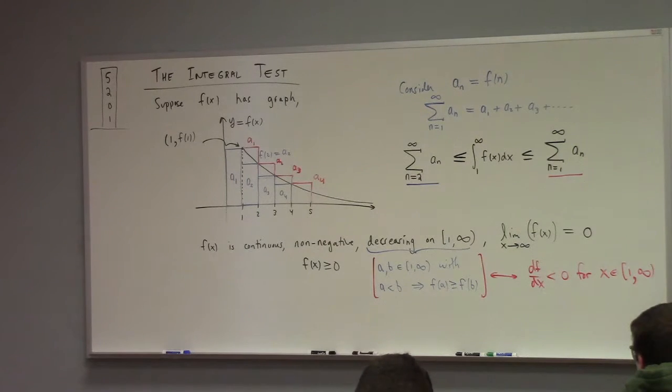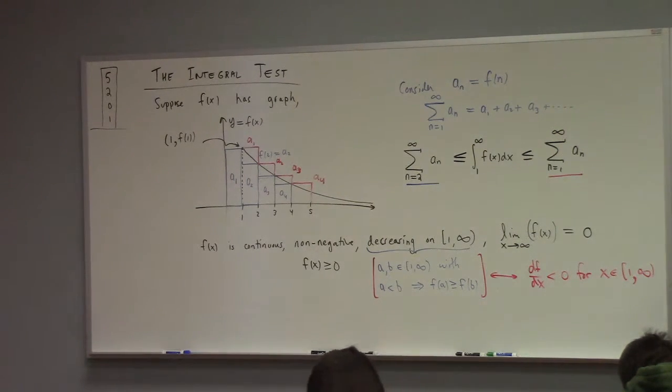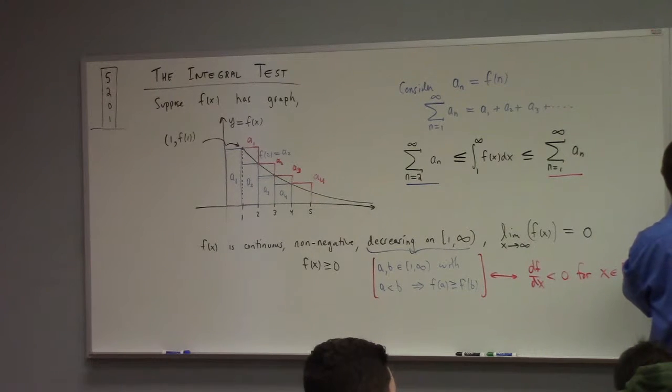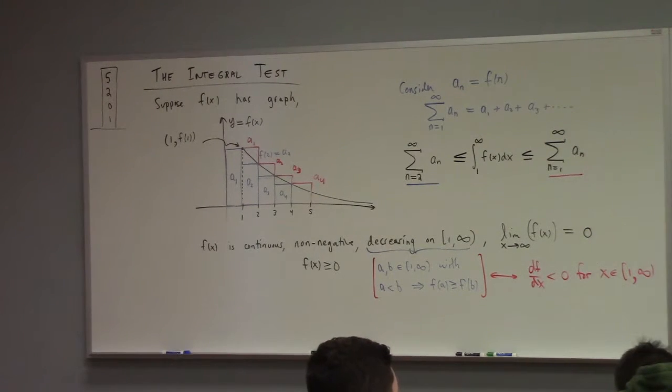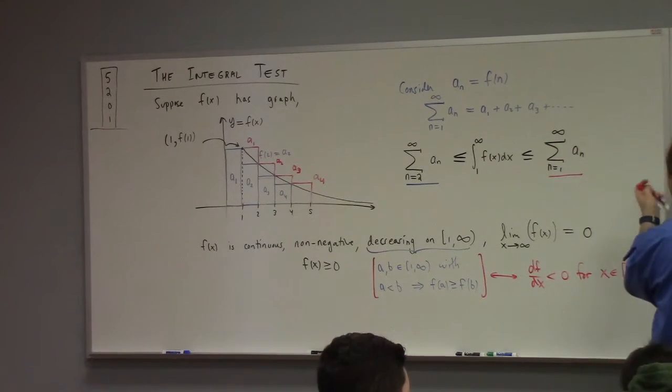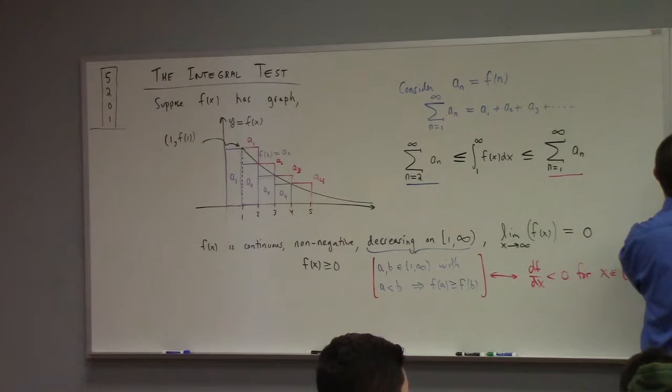So here's the honest to goodness this, all right? So this, of course, would be the integral from 1 to infinity of f of x dx if it exists, right? And the blue picture I was trying to draw is that,